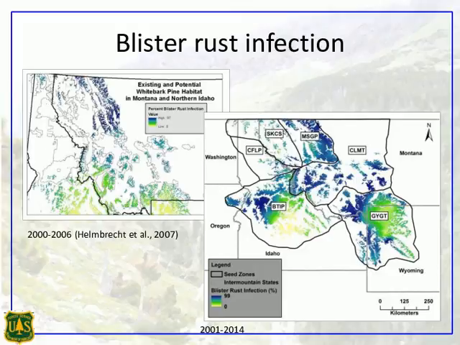And the main reason that I wanted to show you this slide today is to continue to build on the momentum that even in the recent outbreak of mountain pine beetle, blister rust continued to increase on the landscape. And if we look at the results and a mapping exercise by a postdoc of Bob Keene's, Helmbrecht, you can see from 2006 to 2014, we've had a huge and dramatic increase in blister rust infection, and we hardly have any areas left with low blister rust pressure in our ecosystems. And this also helps explain the patterns spatially and temporally that I'm seeing in blister rust resistance.